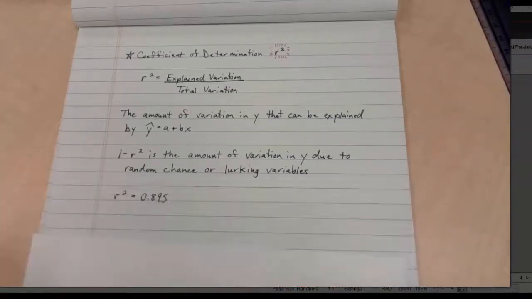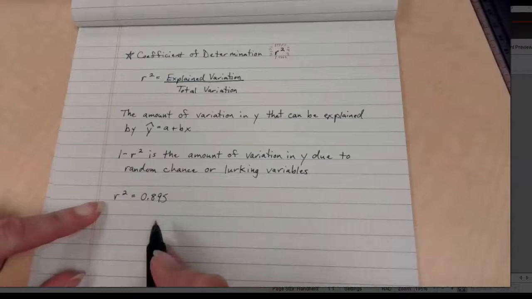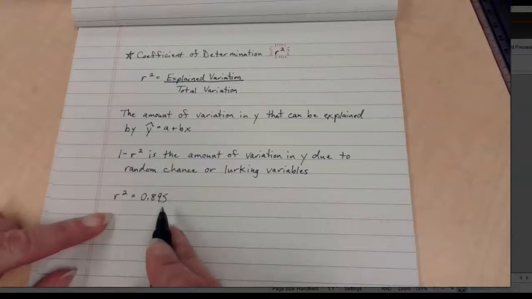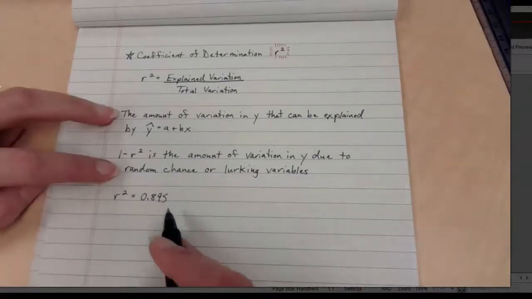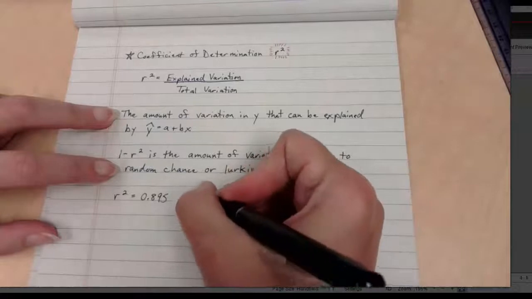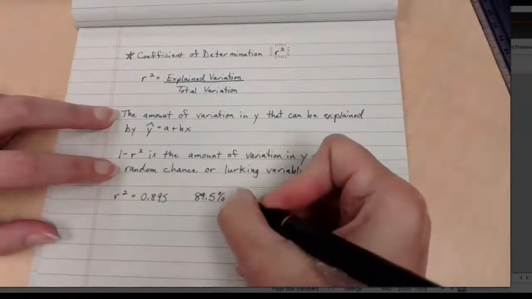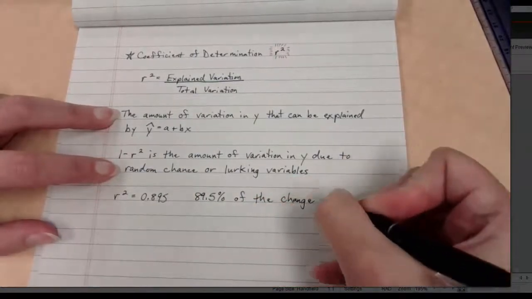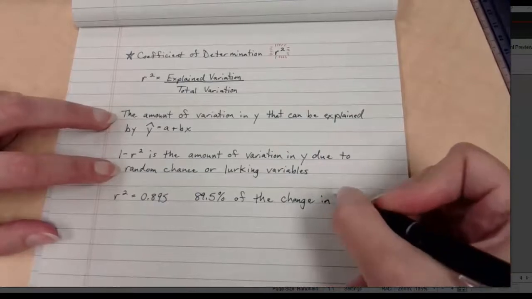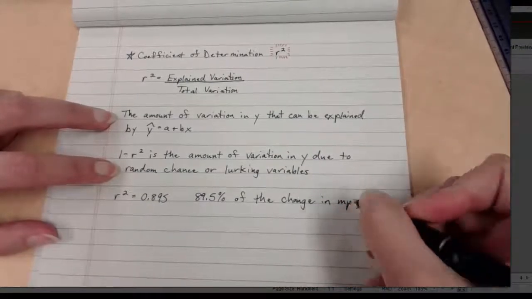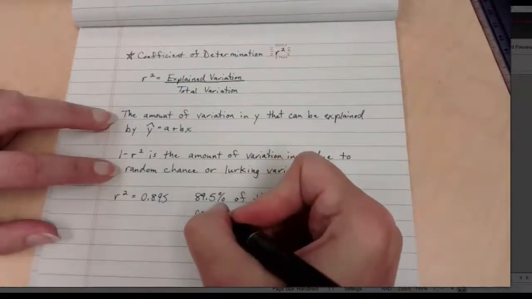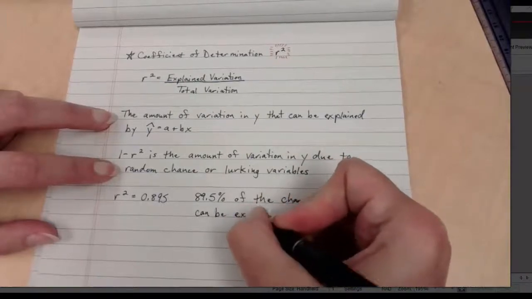I want to put this in context with you. So again, here's the value that I had on my screen. With the example we were just working with, the weight of the car and the miles per gallon for it, the R squared is 0.895. So what does this mean in context? I am saying that 89.5% of the variation in, well, what was my y? That was miles per gallon. So 89.5% of the change in the miles per gallon can be explained by,